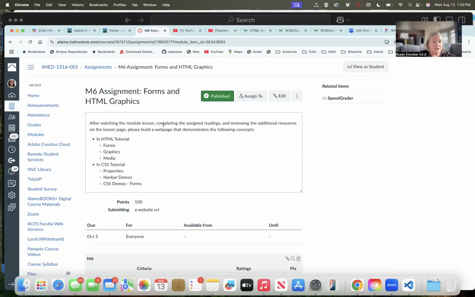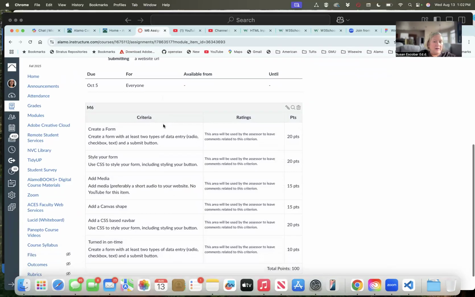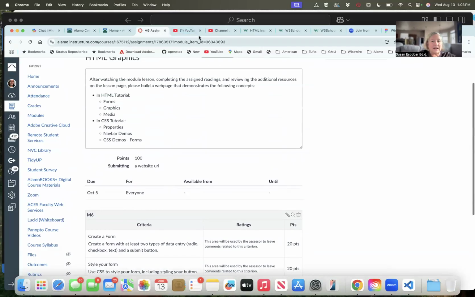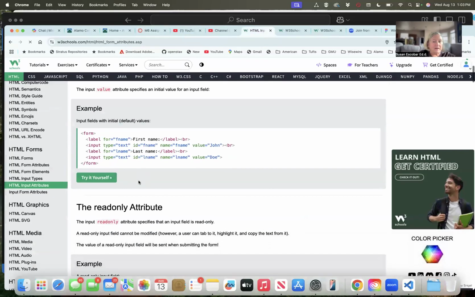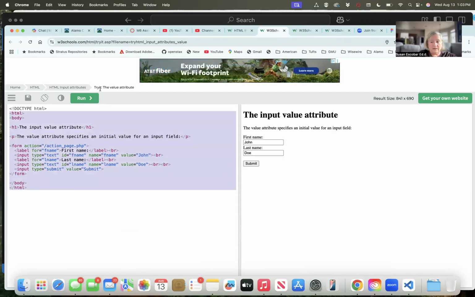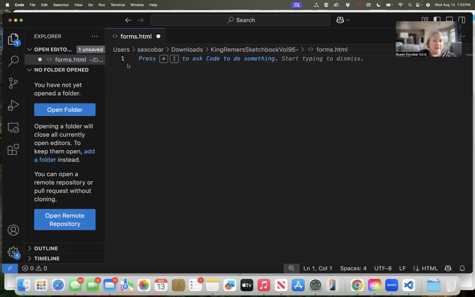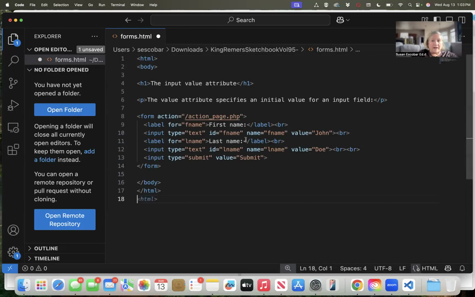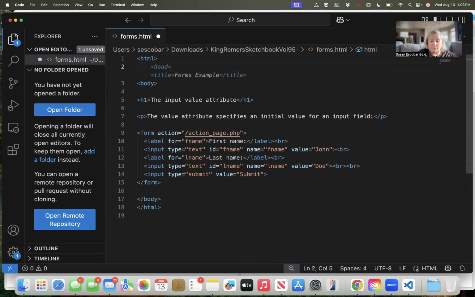Let's see what else I want you to put in here. I want you to style your form, so you can change the font. You're going to do that in the same kind of ways here. When you have IDs in this, you can style by class and ID. I can't do it here. Let's just take this. Okay, so I have this, and now if I want to style this stuff, I'm going to put a head